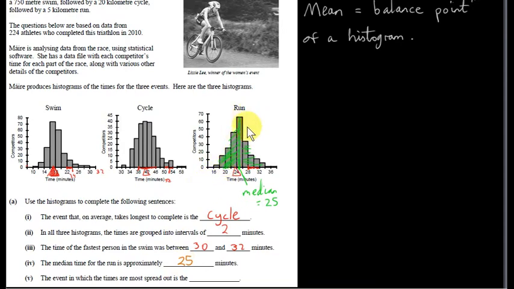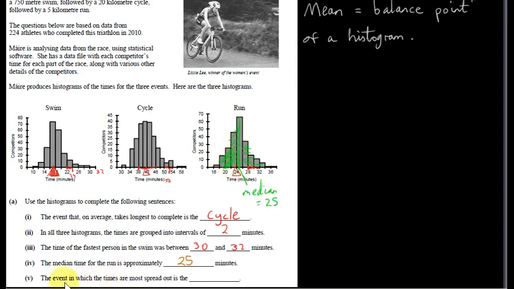To get the exact value, we'd have to get the area under the histogram. We would have to get the heights of each of these bars, get the area of each rectangle by multiplying the height by the width, summing them all and dividing by 2, and then going to the point along the horizontal axis that gives half the area.